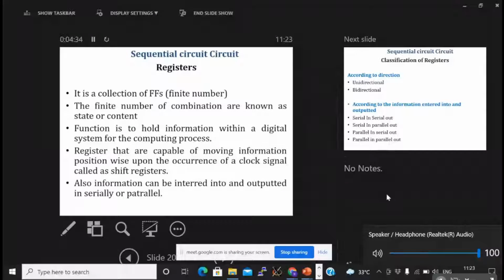But the thing is that if we take each bit one by one, we give each bit one by one, so there is a problem of speed. It takes four clock cycles to input that particular bit stream, and again four clock cycles to get all those bit patterns. So the problem with the serial in, serial out is that we have some constraint of speed, but the hardware complexity is reduced here.